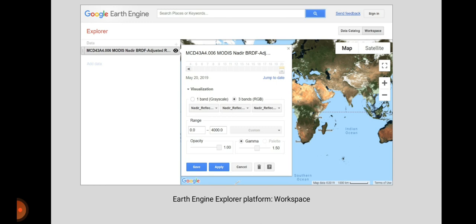Additionally, it also allows the user to set parameters related to the visualization settings, such as contrast, brightness, etc., and to inspect any change over time. Users can add multiple layers to the workspace, and we can also add multiple workspaces, and users can display the layers as a 3-band RGB red green blue, or a single-band grayscale, or pseudo color representations.